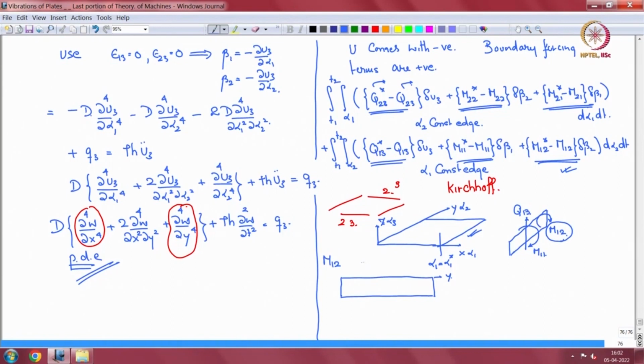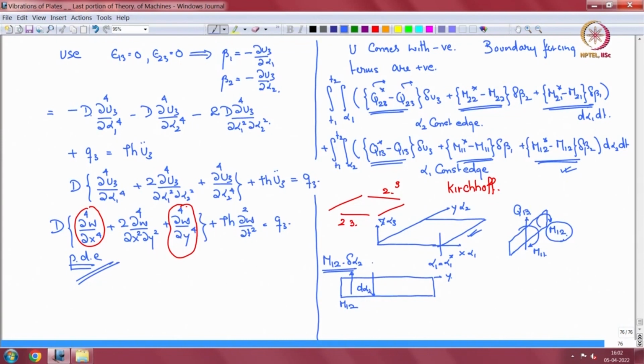So M12 becomes a full moment when we multiply by d alpha 2. So that is a full moment. So if I say that I have this moment or this set of forces M12 over a distance d alpha 2,